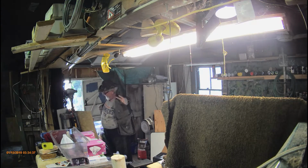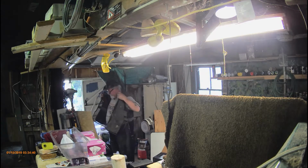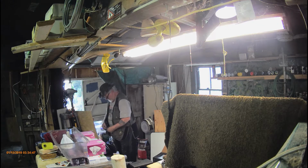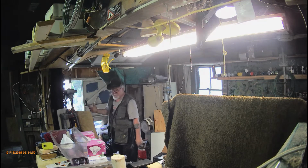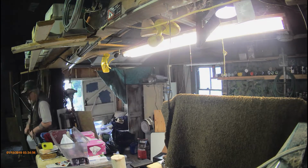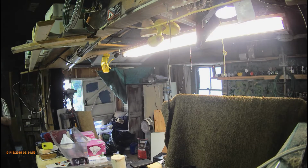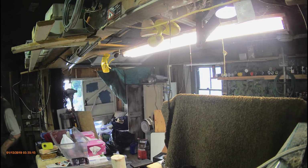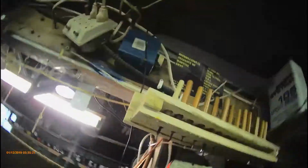The chief called me up today, wanted to know if I hit the emergency button on my radio. He said because he swore he heard my call come through. I'm out here working on the house. You know, I said, well, let me go in the house and check. I mean, if the wife moved the radio, but as a rule, the wife doesn't touch any of that stuff. So he called up to check real quick. So now, like I say, now that he's gone,